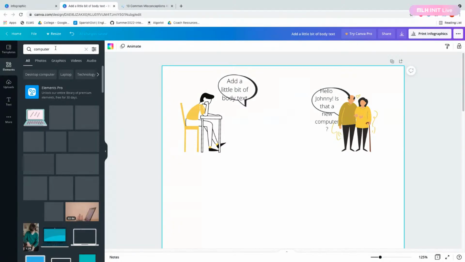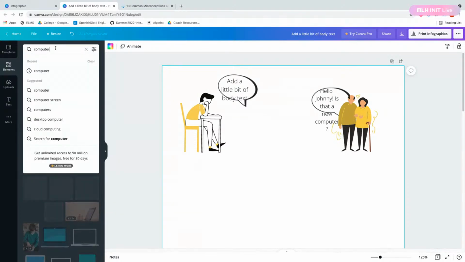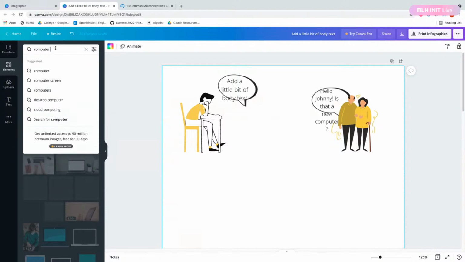Kind of need a side profile though. Computer, picture, side.